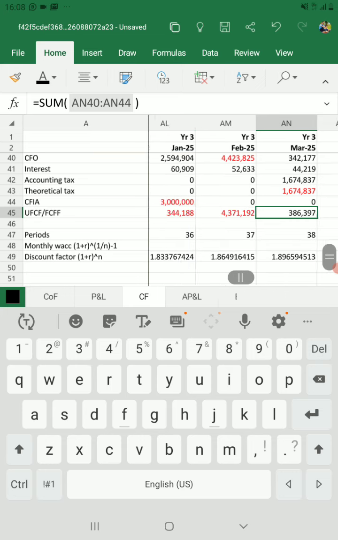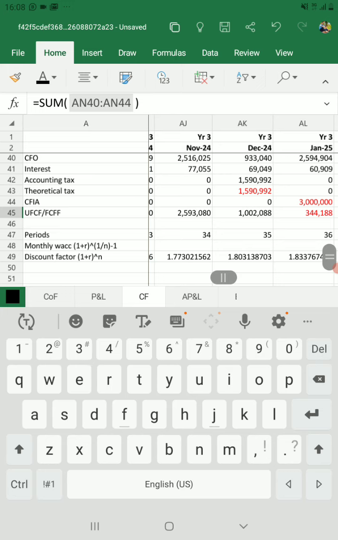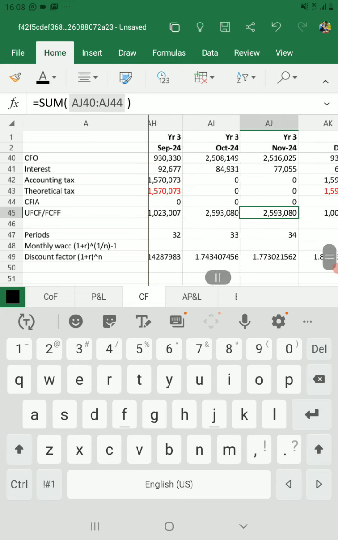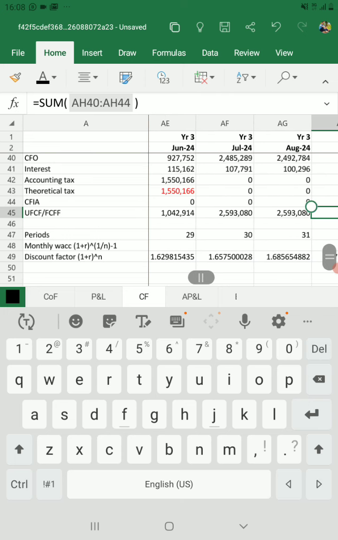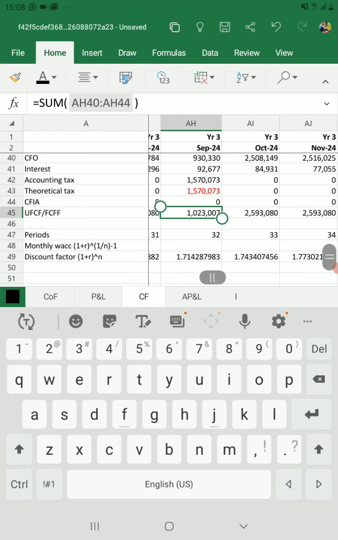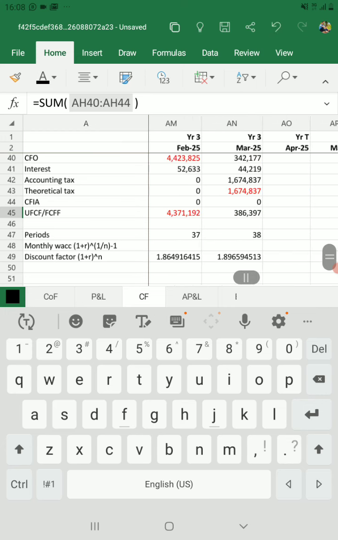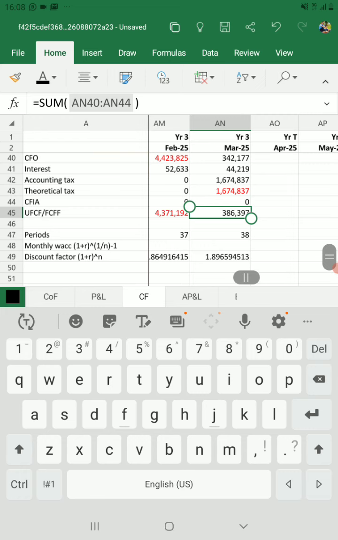Why? Because if you look at the previous figures, this one is over 1 million, this is 2 million, this is 1 million, 2 million, 2 million, 1 million. So taking this figure of 386, this figure is an outlier. So we cannot use it for basing our projected